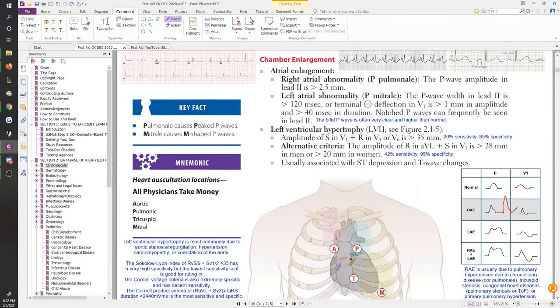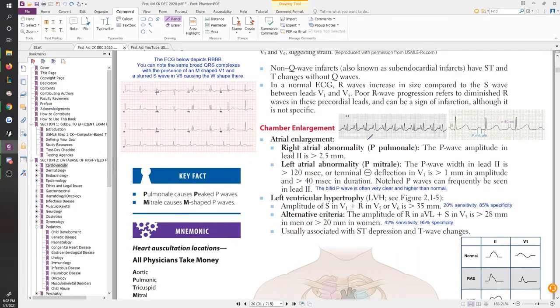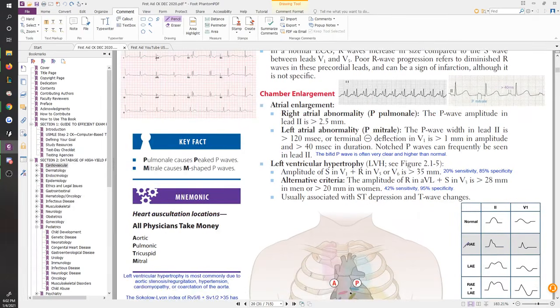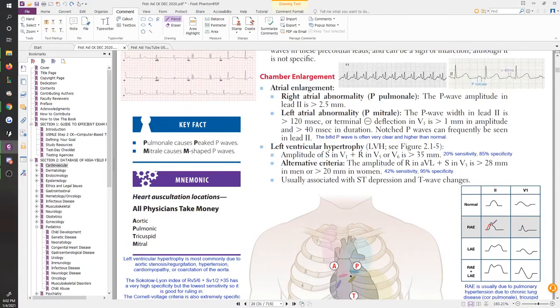going to have the QRS complex and it's almost equally as tall. That doesn't happen. Shouldn't be that tall. With the left atrial enlargement, mitrale, you get a very clear M. Okay, so don't be too confused about it. You do get something that looks like somewhat of an M in the right atrial enlargement as well, as you can kind of clearly see that you can write an M over that, right?